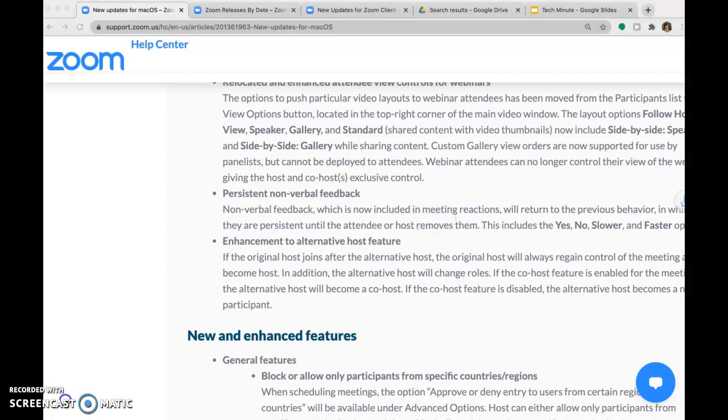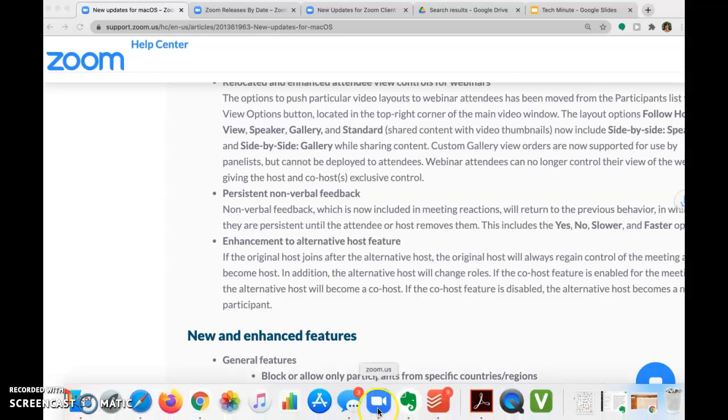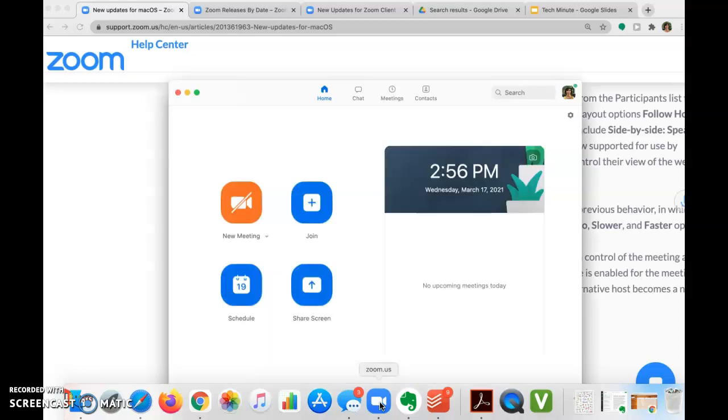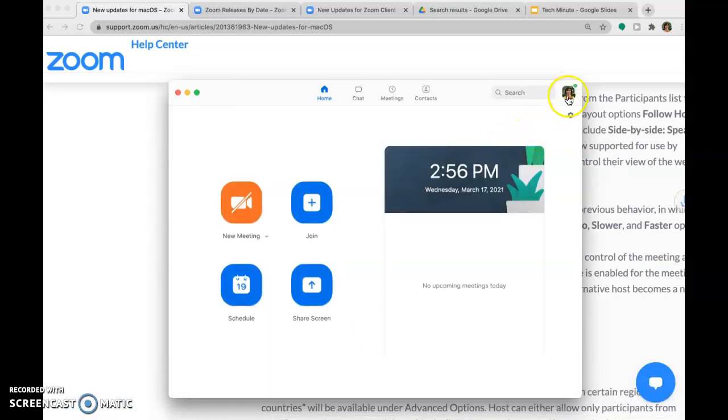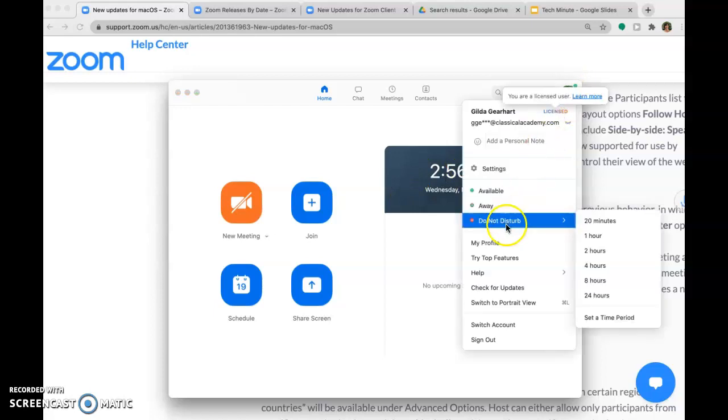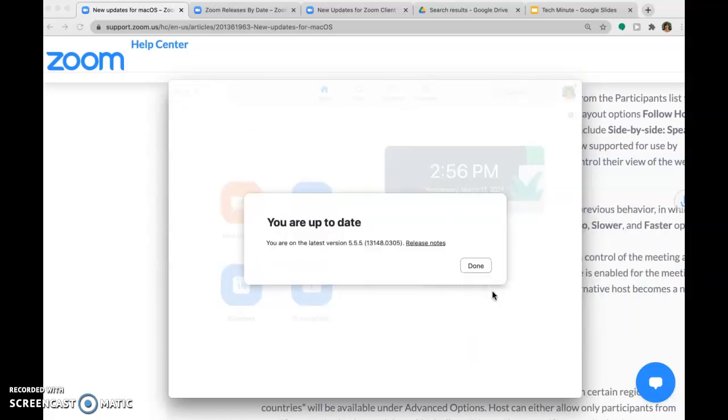There are a couple of ways to check for updates. On your dock, click on your Zoom icon. If you don't have it there, check your applications folder. That'll open up this little pop-up box. Click on your profile picture and then check for updates. That will either give you this message that you are up to date, or Zoom will download and install the